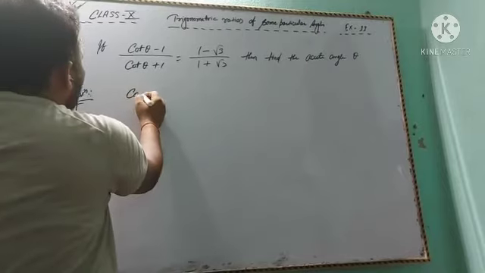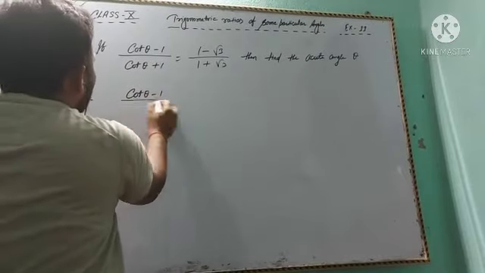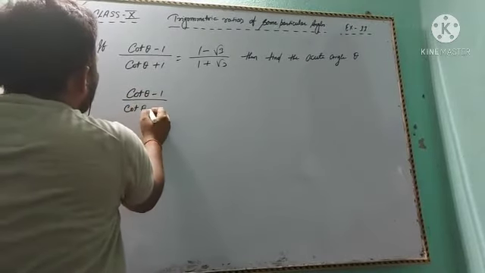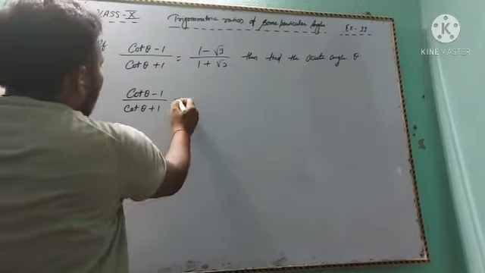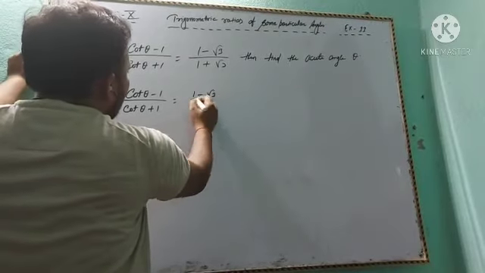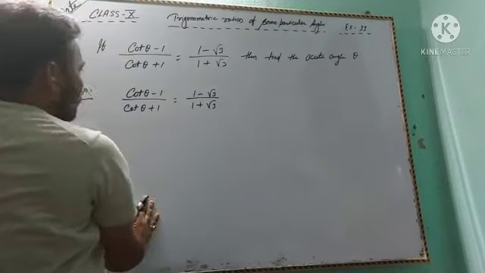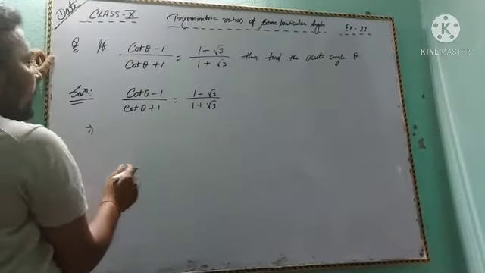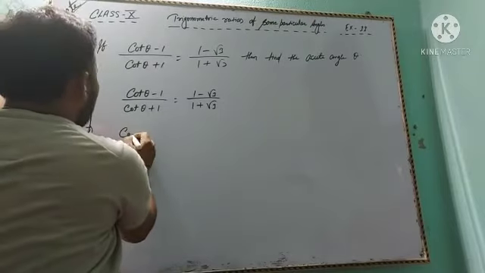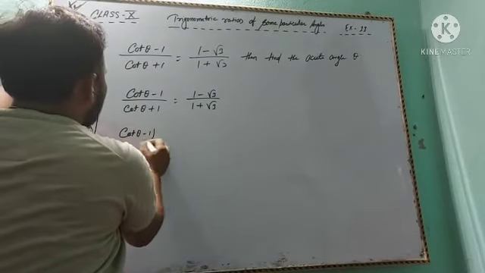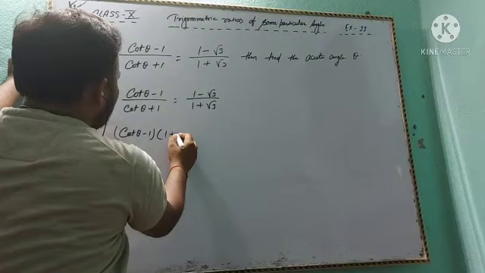Given (cot theta minus 1) by (cot theta plus 1) is equal to (1 minus root 3) by (1 plus root 3). So first of all, by cross multiplication,